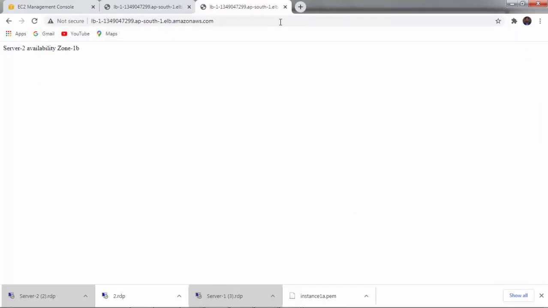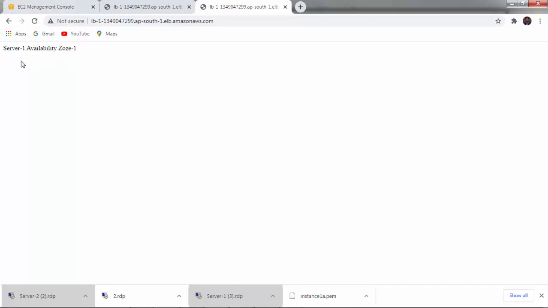So now you can see that it is server 2 in availability zone 1B. So the first time it was server 1 in availability zone 1A, and the second time it is server 2 in availability zone 1B. So it means that it will automatically transfer requests to both server 1 and server 2. You can just refresh it.